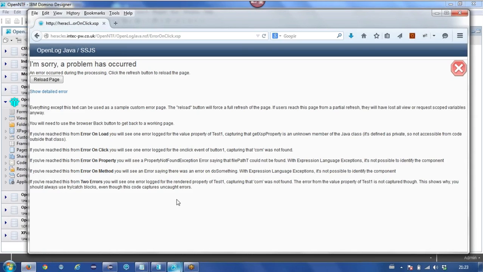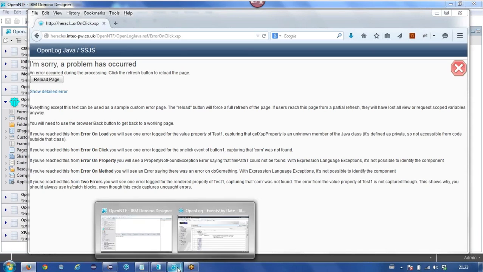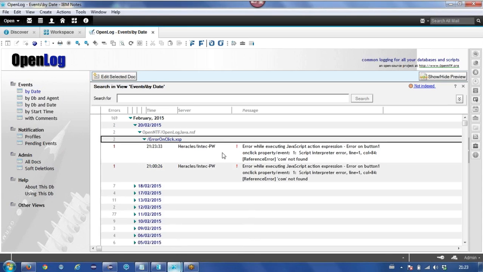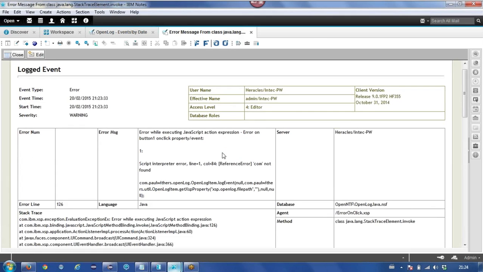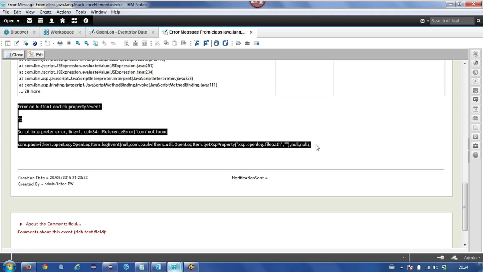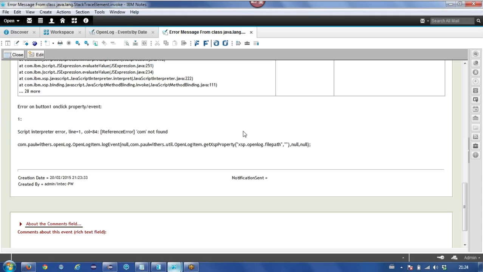And I'm sure that most people have had this, where it hits an error and redirects to your default error page. How do you actually get the message? Well, this is one of the things that the XPages OpenLog logger does for you. It intercepts the loading of that error page, and prints out the OpenLog, even from server-side JavaScript, and gives exactly where that error is occurring to help you track those problems straight away.